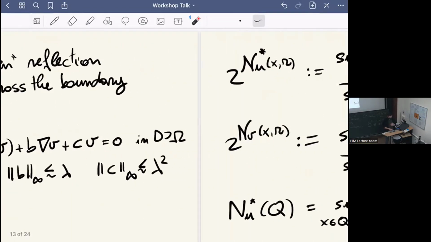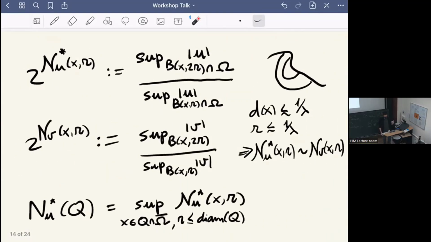Okay, right. So Eugenia last week in our course talked extensively about frequency functions and doubling indices, and these of course play a role in the proofs of this type of thing. So let me define what I'm talking about. Particularly, I'm defining a doubling index, which shall have a star there, and the star is for the boundary. So this is a doubling index at the boundary. I'm taking the sup over a ball centered at x, radius 2r, intersect omega, divided by the sup over half the ball, intersect omega. So this is a version of the doubling index that takes into account the